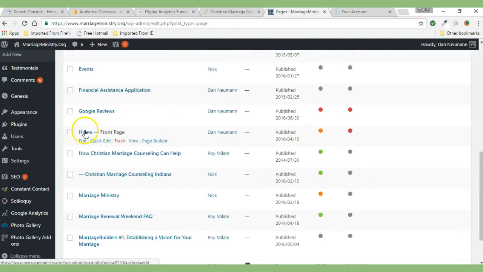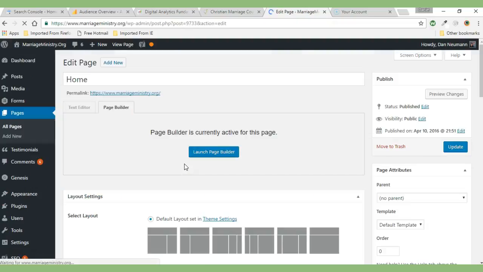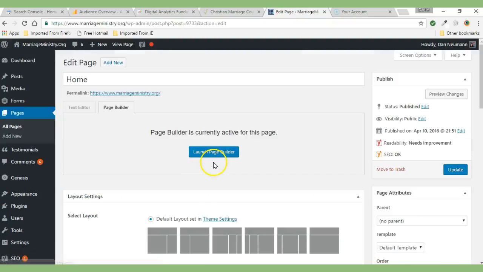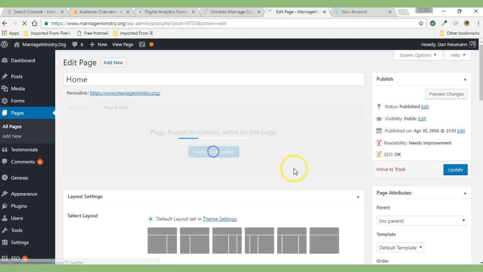That's the home page. So if I get into the home page, if the page has not been built with the page builder, you would see all the content in this area right here. But because in this case the page has been built with the page builder, we first have to get into it. Whenever you see this blue button right here, it means that page has been built with the page builder, and in order to edit it, you have to click on that blue button, and that will take you into the page builder,